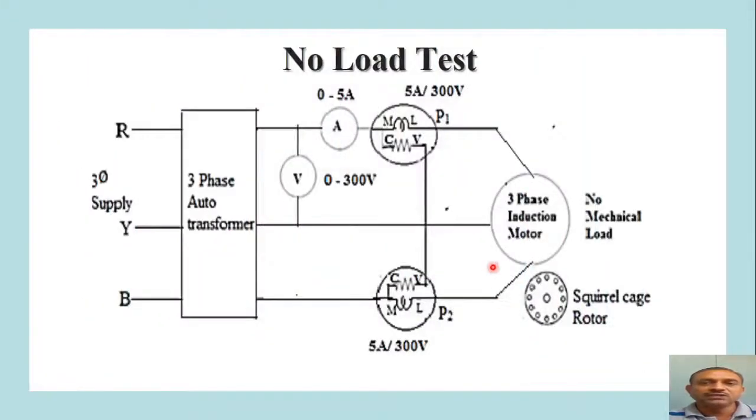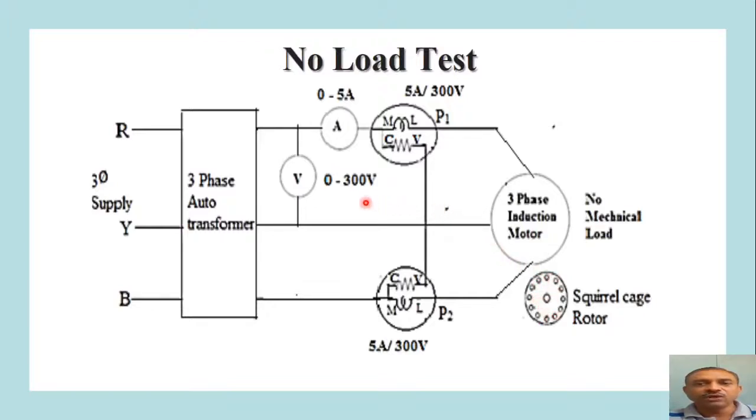Now let us discuss the circuit diagram which is required for the no load test. You can observe in this circuit diagram that a 3-phase supply is connected to a 3-phase auto transformer. This auto transformer is necessary as we have to adjust exactly the rated voltage to be applied to the stator of the induction motor. The rotor of the induction motor is to be run at no load, so all the load on its brake pulley will be withdrawn so that it will run very freely and smoothly.